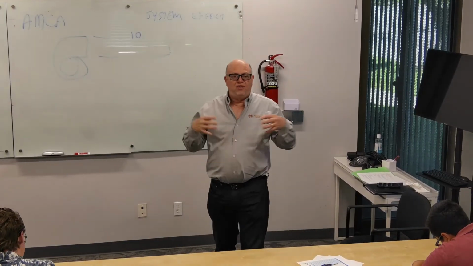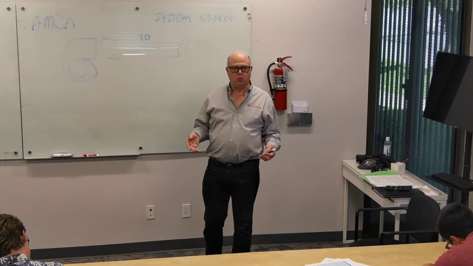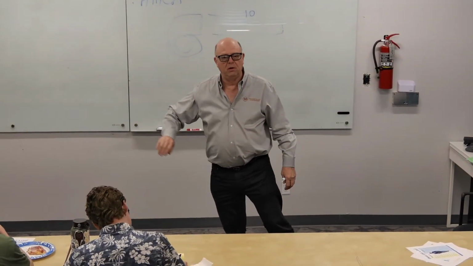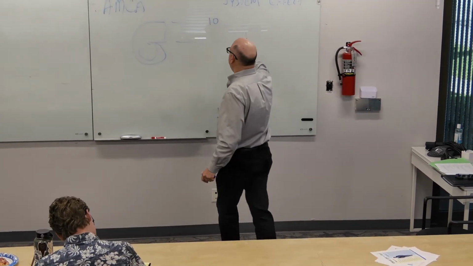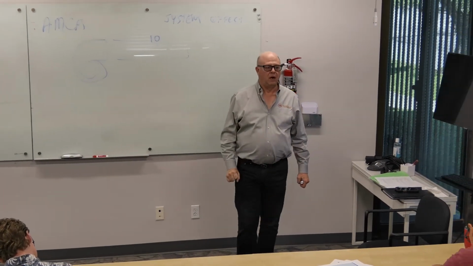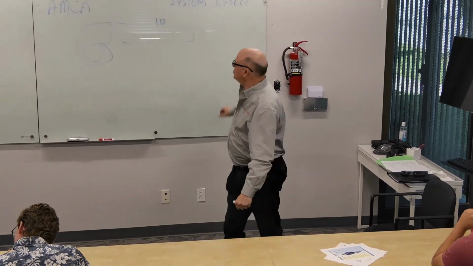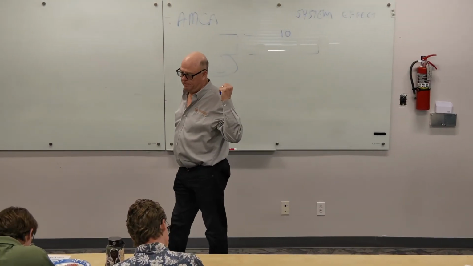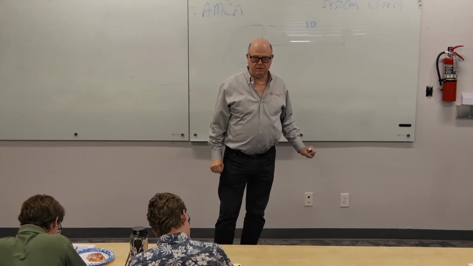And the way that you fake that out or account for that is by adding static pressure, because when you're picking a fan, you pick it on how many CFM do I want to move against what static pressure resistance. So if you don't have 10 duct diameters and you really want to do it right, you add some additional static pressure to make up for the fact that you aren't doing it the way they did it in the lab. Okay? That's the concept of system effect.